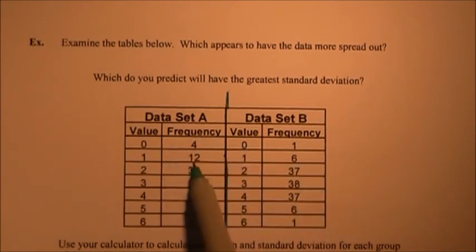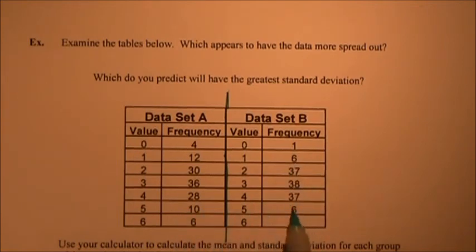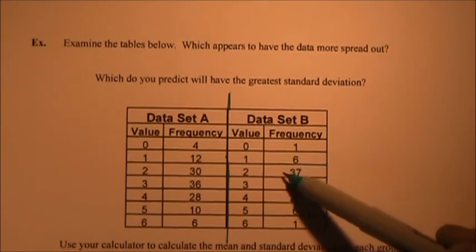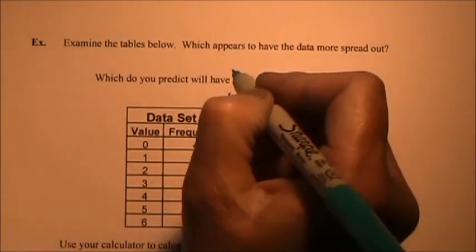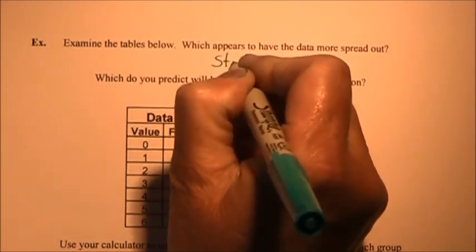This also looks like it has more values on the outside edges than this one does. So that would mean we have more values on the outside, less in the middle, which would be more spread out. Here we have more information right around the middle, less on the outside, which would be less spread out. So it looks like set A